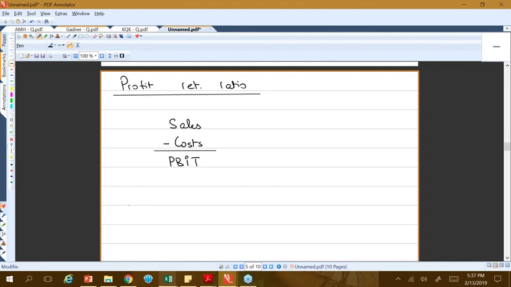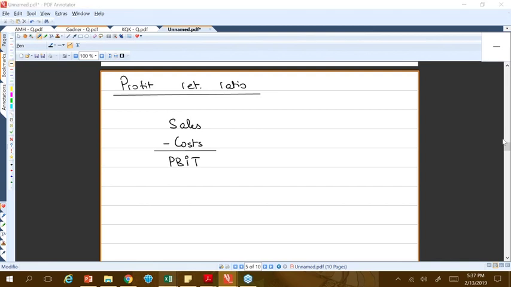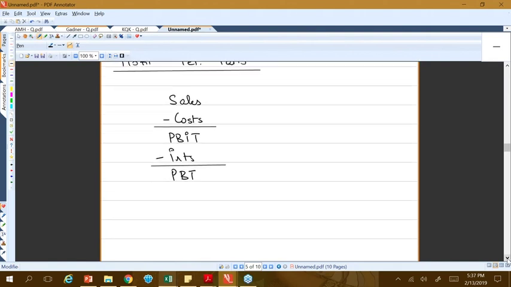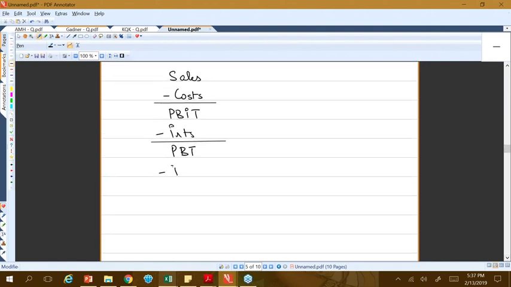So what is the thing which I need to deduct now? Okay, so interest and tax, yes. Not just the tax, but interest and the tax. Well done. So the first thing is we need to deduct the interest. This will give me the profit before tax. And the reason we have deducted interest is because interest is a tax allowable expense. Once I get the PBT, we deduct the tax and we get our profit after tax.